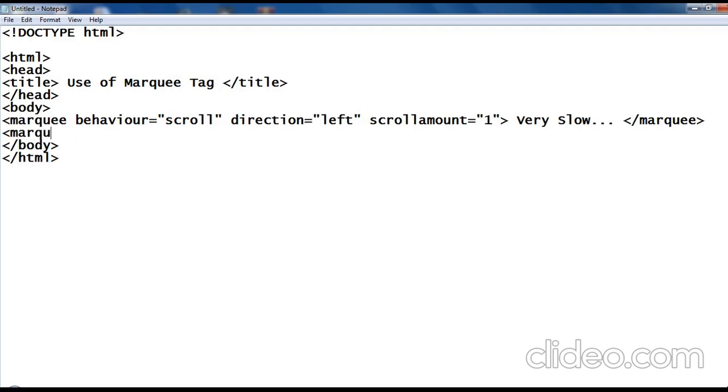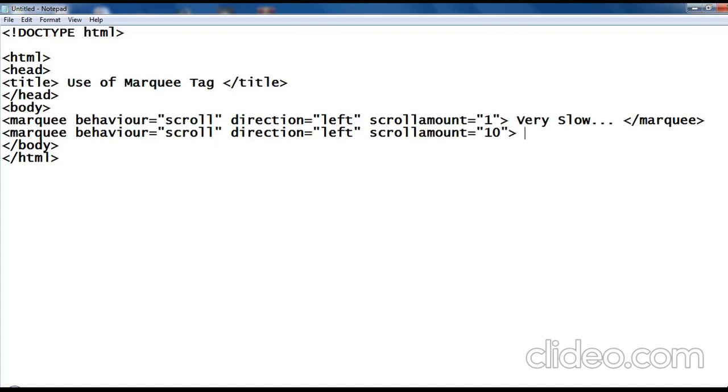The next one, one more marquee tag I am using: marquee behavior equals, opening double quotation, scroll, closing double quotation. Next, the direction attribute equals left. We can make it right also. For the scroll amount, I will increase it to 10.